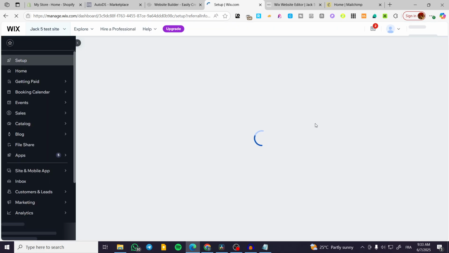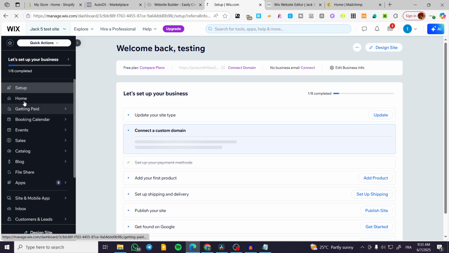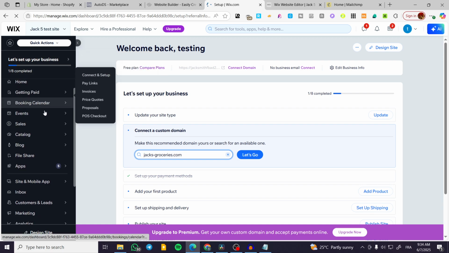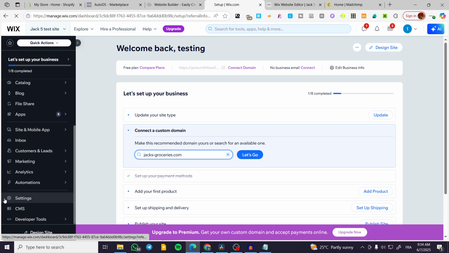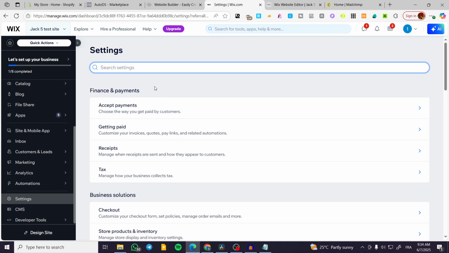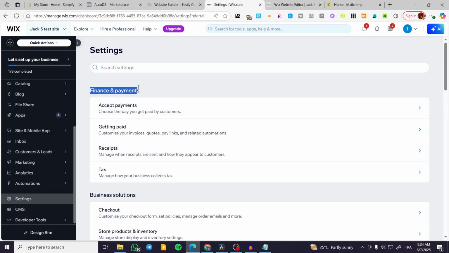Once we have the dashboard loaded, we are going to focus on the left side of the screen, which is the control panel of the dashboard. Now we're going to scroll down a little bit until we see settings. Click on settings, and then we're going to have the categories or the menu items. From these, we are going to focus on the first one, which is finance and